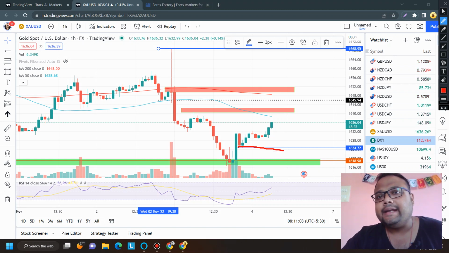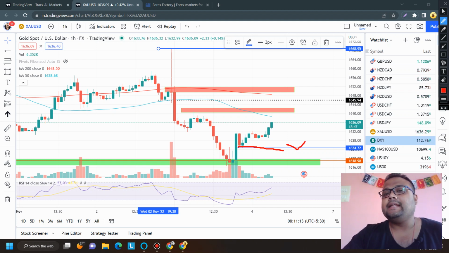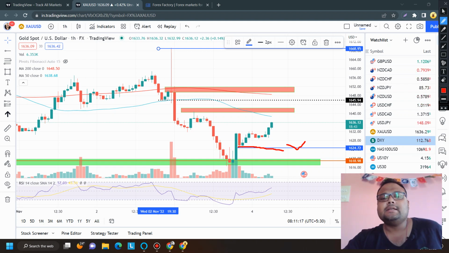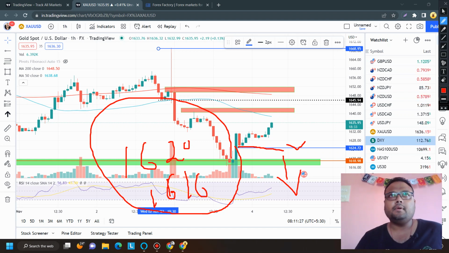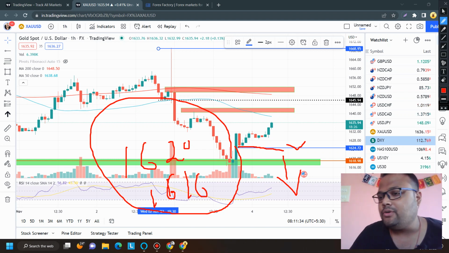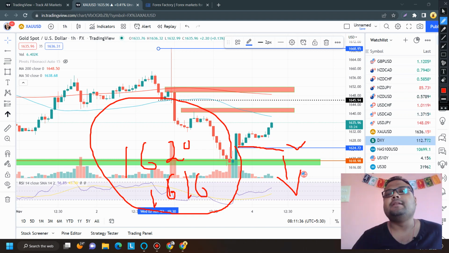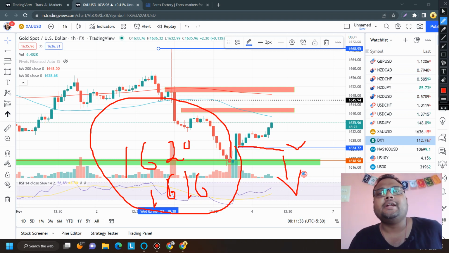1624, 25 as the next minor support. Before the news, you can expect the market to reverse, and in case of extreme volatility and extreme selling in the market, 1620 to 1616 will come into the scene again as the next support for the market. In case the market breaks it, then you can look for a sell position, but taking a sell position is risky. Do not jump immediately, because as I've already shown you, this level holds a very important position on the daily chart.